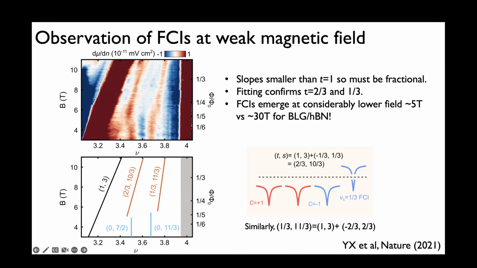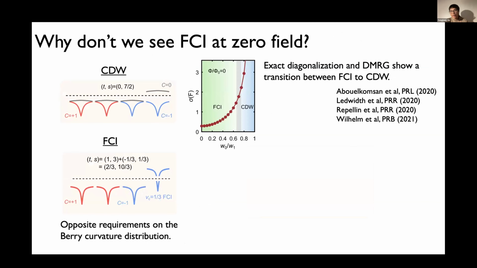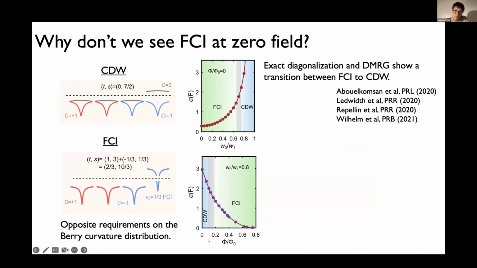Okay. I was looking at your paper, for example, the figure in the flux and W0 over W1 plane, the two-dimensional plane. At least it seems like there's a transition in this two-parameter phase diagram with flux and the ratio of the hoppings. Yeah, that's true. But this is not a continuously tunable parameter. For magnetic field, yes. But with this magnetic field, you still would not call it a